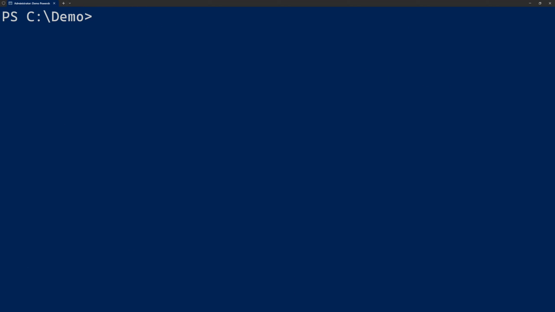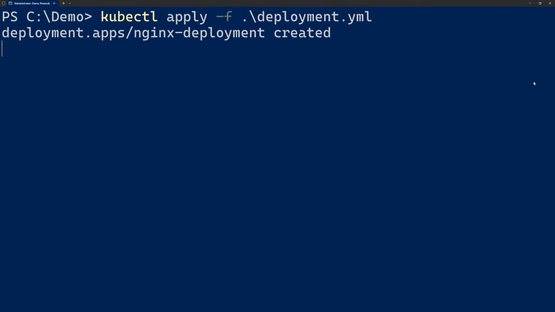So now let's deploy an application. And while the application is being deployed, we're going to take a look at the file itself. But for now, let's just execute a kubectl apply and provide the file name. As always, you will have the file on GitHub. So this creates a deployment and a service. And if you open this file,